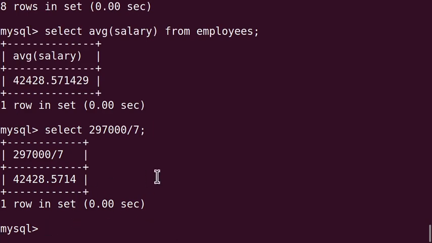Next, what I want to tell you here is, if you use distinct, what is the effect of it? Let's see.